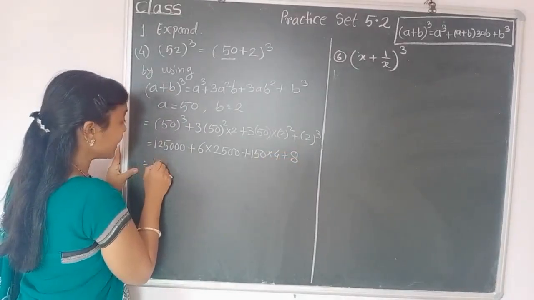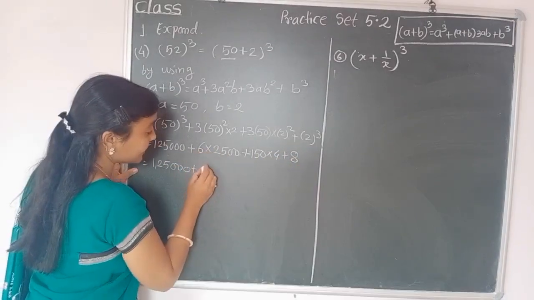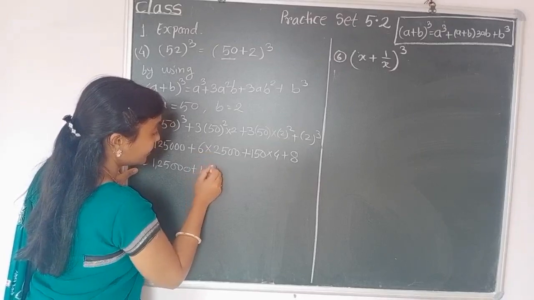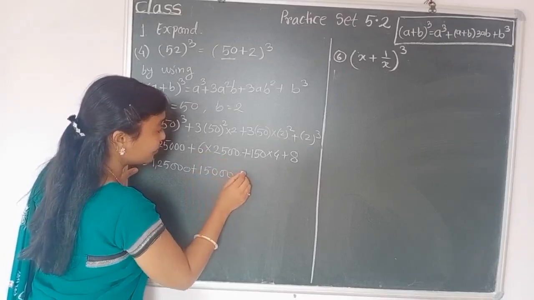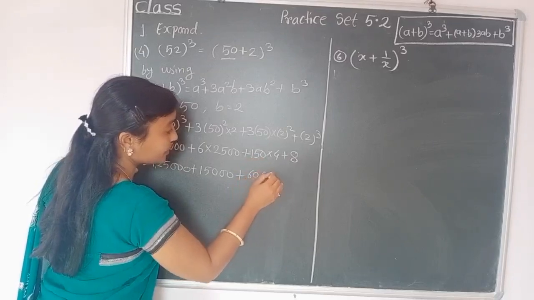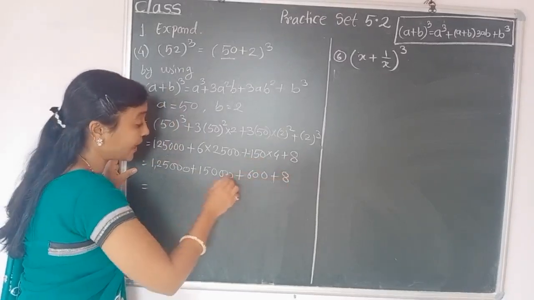Then 1,25,000 plus 15,000 (6 into 2500), then 600 (150 into 4) plus 8, and then we have to add all